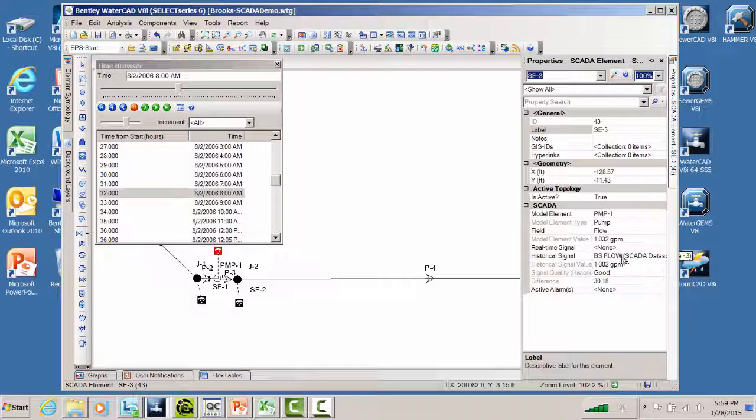We see here that we have pump data. The model says it's 1232 GPM. The historical signal says it's 1002 GPM. So the difference is 230 GPM. Now, is that good enough for your model or not? We have to think about the situation and the quality of the data. We can also get into flex tables